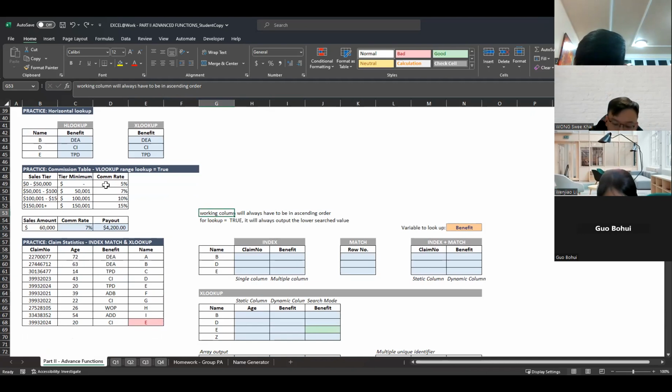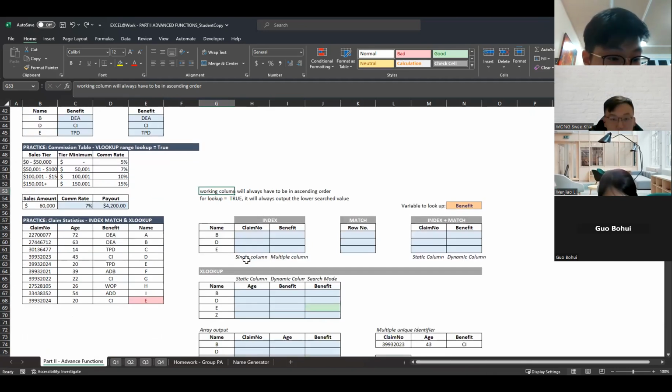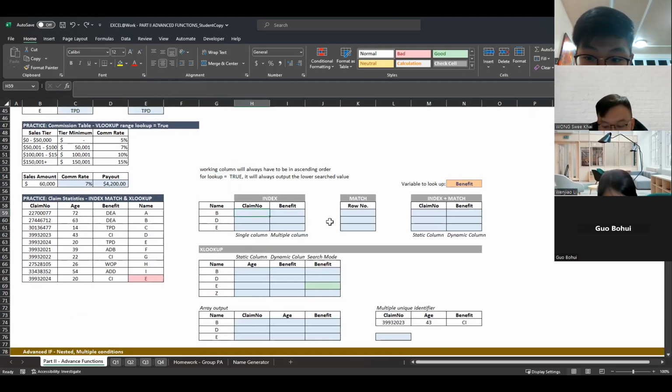Okay, if that's fine, let me move on to the more interesting version. Next, INDEX MATCH. INDEX MATCH is quite interesting in the sense that we are looking for indexes of certain values. Let's say I want to look for the claim number for item B again. It's basically the same example, but we are using a different formula, because there are like 10,000 ways to get one answer. See which one is more comfortable for you and use whichever makes more sense for you.